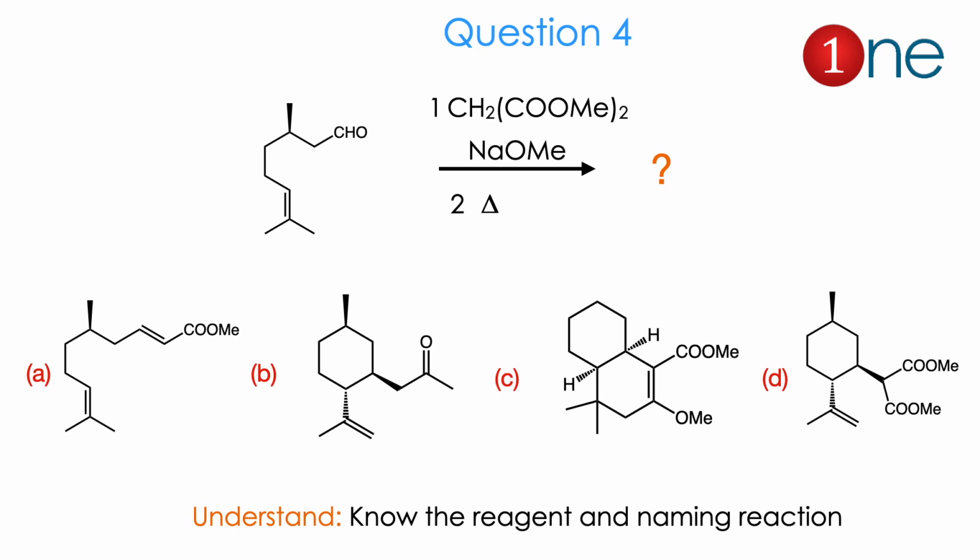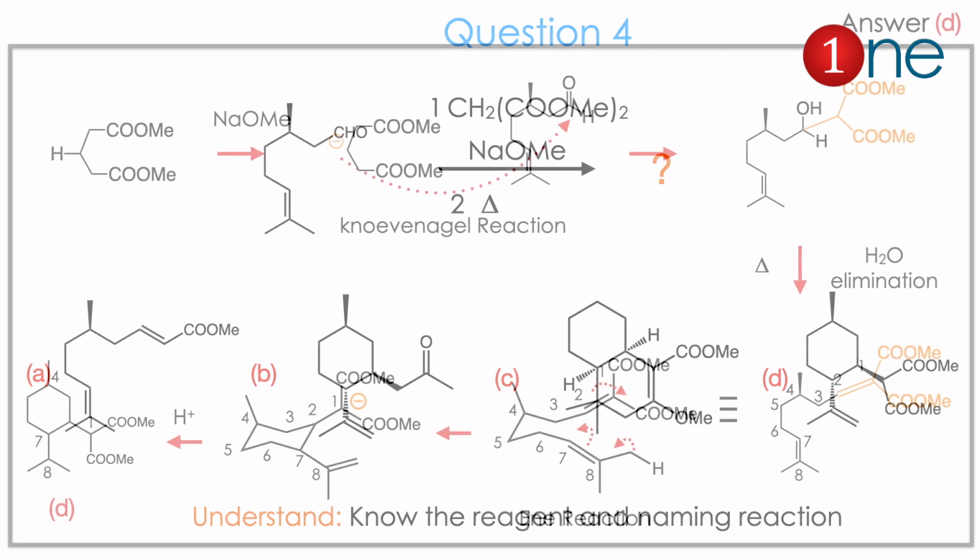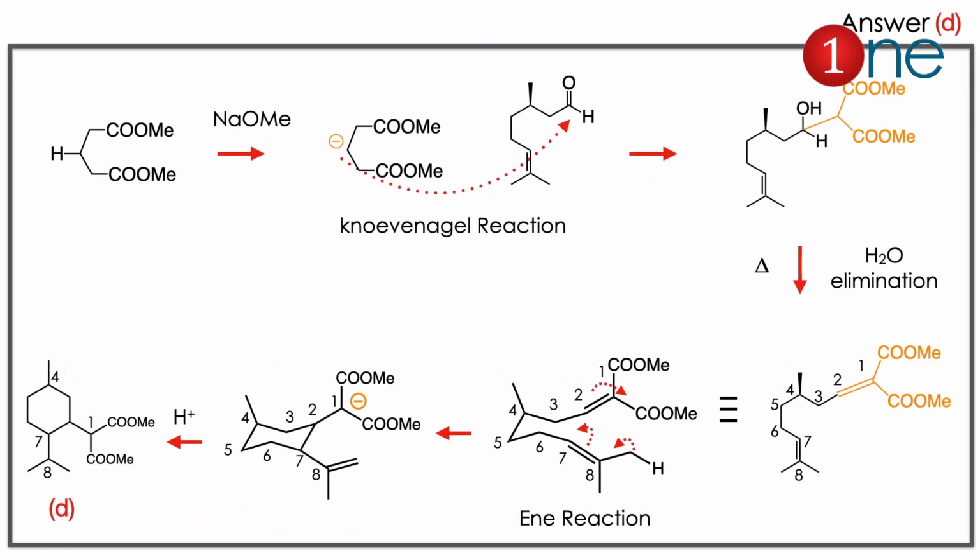There are many possibilities. There is a simple acid formation, or simple attachment and ring closure, or it can be a complicated ring. First you have to know the reagent and the named reaction involved in this one. We will see why this problem is important. The answer is D. We will see why.